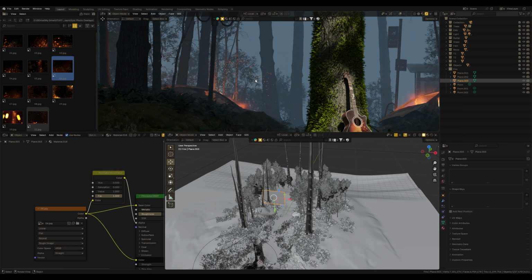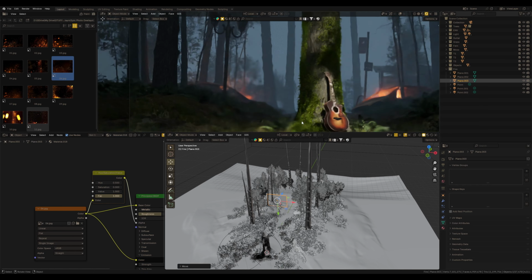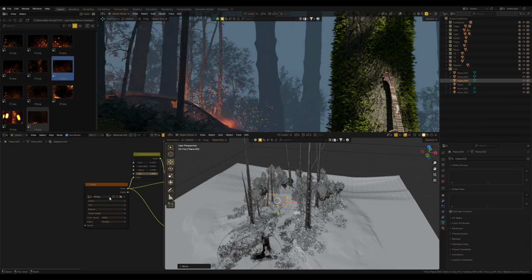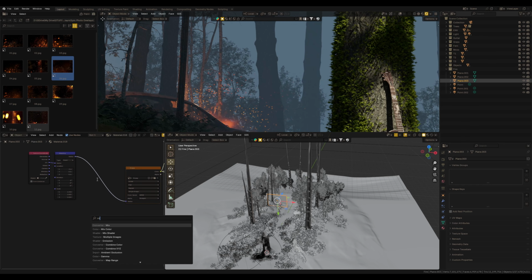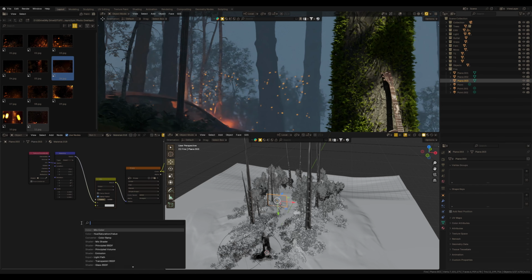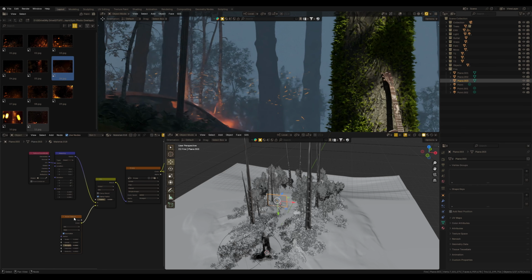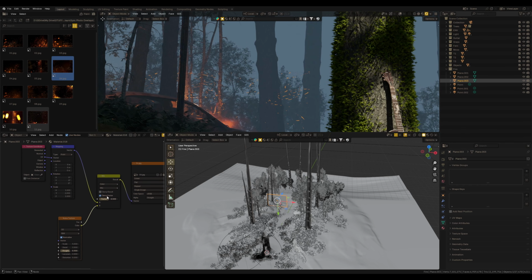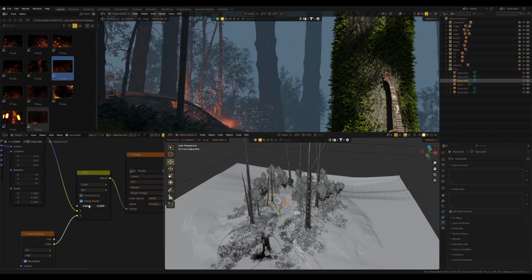But these particles look too sharp, and I think we need to blur them a bit to add some dynamic, as if they're flying out from the fire. To do this, add a mapping to the image texture in the shader editor, then place a mix color node between the mapping and this texture, and next I add a noise texture and connect it to this mix color node. You can already see some motion blur in the scene, but I increase the noise size to a larger value, and by adjusting the factor we can control the blur and the motion blur effect. Just be careful not to overdo it.